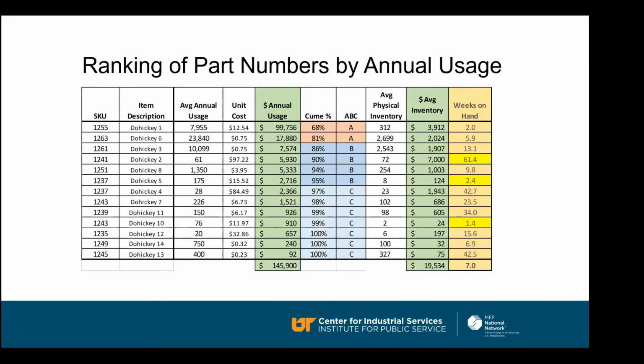The 61 weeks on hand for that fourth item requires you to ask some questions. What's wrong with that picture? Is it a promotion and we bought more than we wanted because we had a price break? Is the bill of material wrong? Did the forecast tank? Is it an inventory error? I don't know the answer, but that sure raises a red flag, and it says you need to look at it because your flow and your inventory are not what you thought they should be.